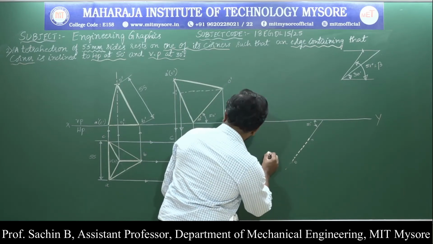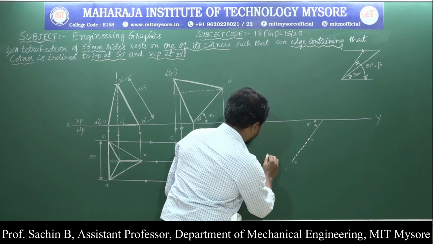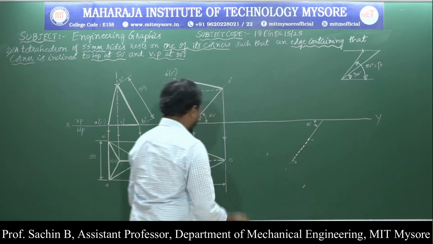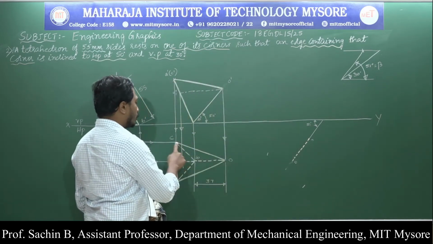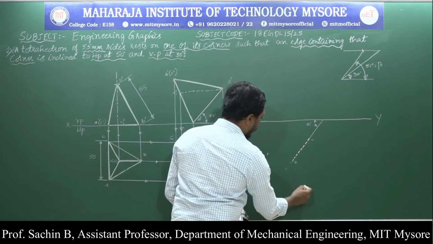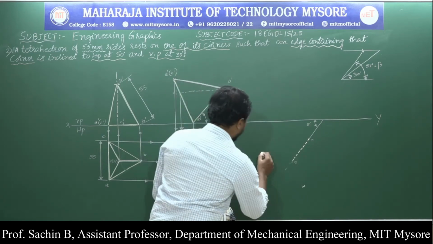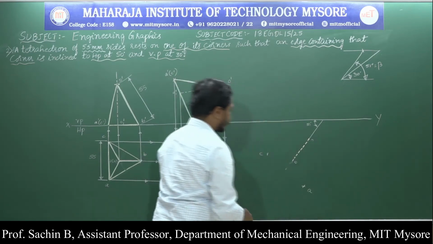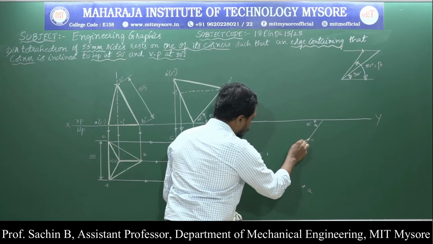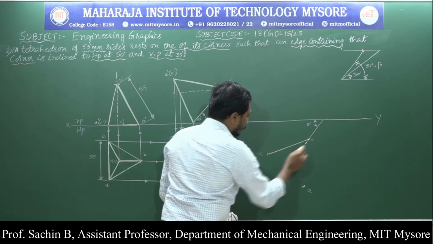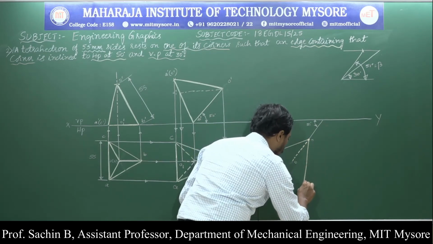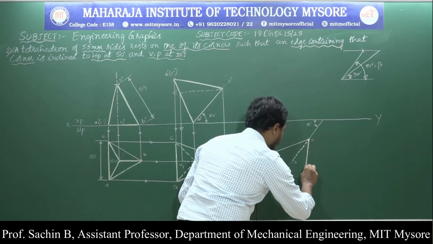I am going to cut an arc towards the upper side towards the axis, and one more arc towards the downward side. Next, I will come to O point. I will measure from O to C or from O to A. I am going to cut an arc to this point and this point. Now this is my C point and this is my A point. Next, I will go for joining these lines. Our last position top view should be similar to the second position top view. I am joining these lines.